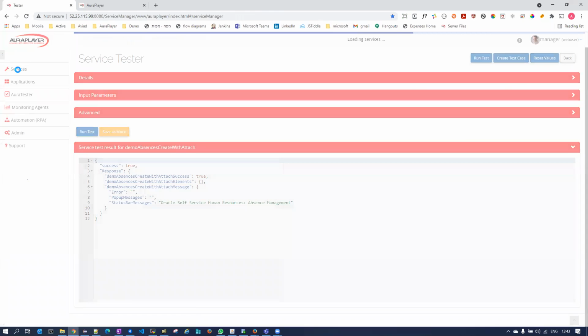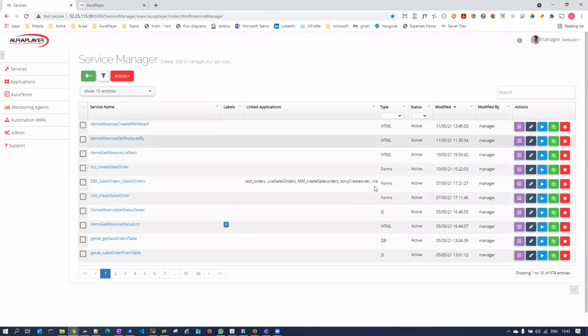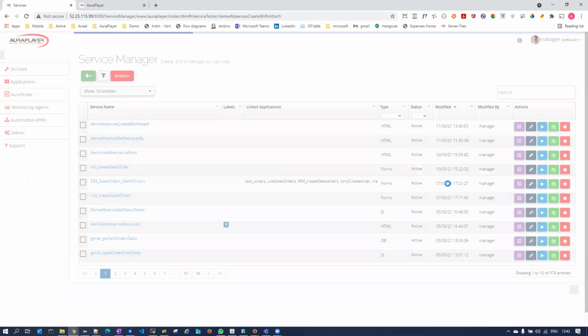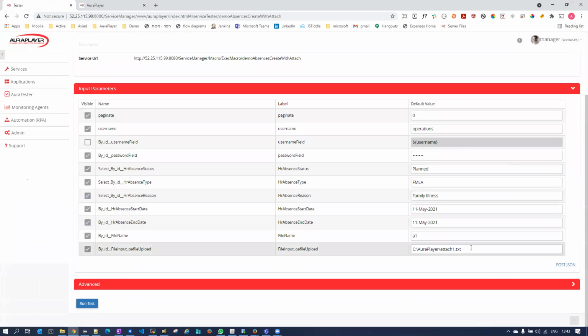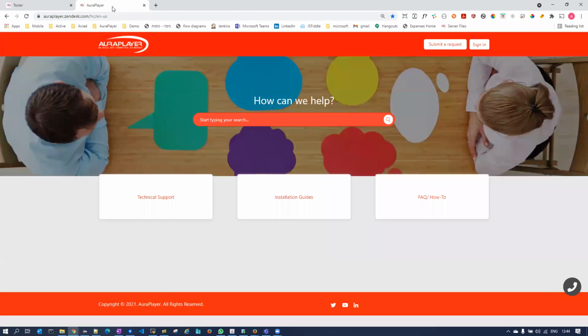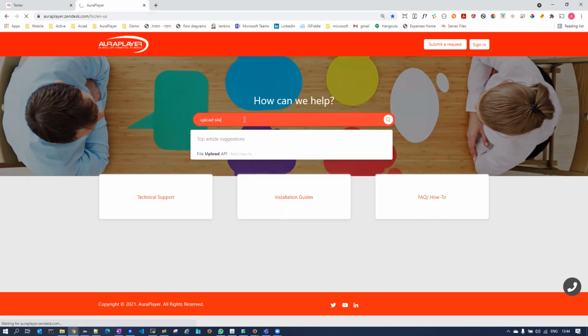So once you have the remote path to the server, you just need to change the default value on the parameter that loads the file, and it will work as expected. So this is one option. The second option is to use an API that Service Manager provides to upload files. If you go to our support site and look for upload file,